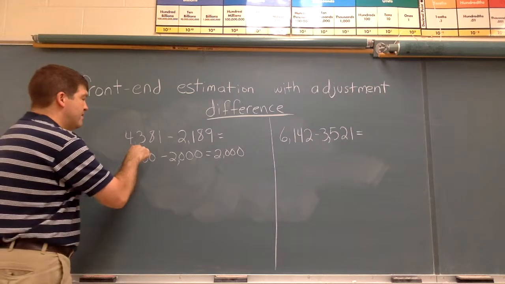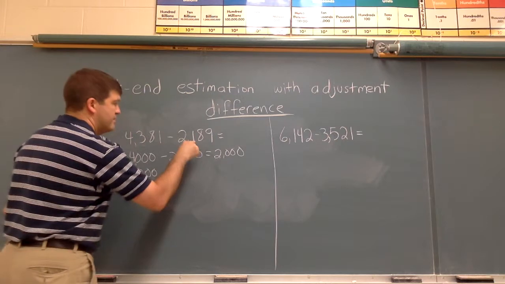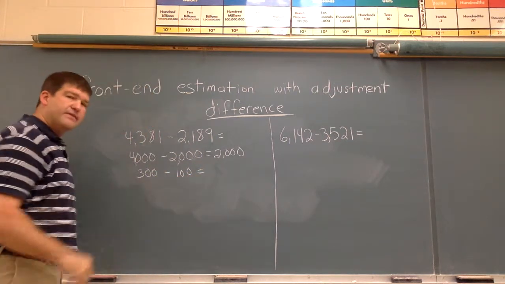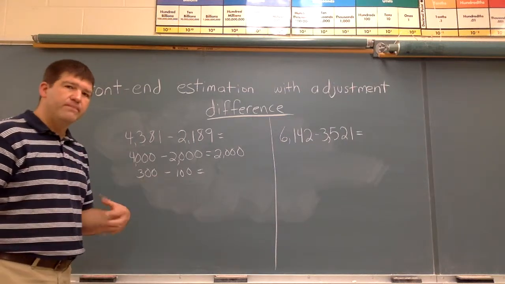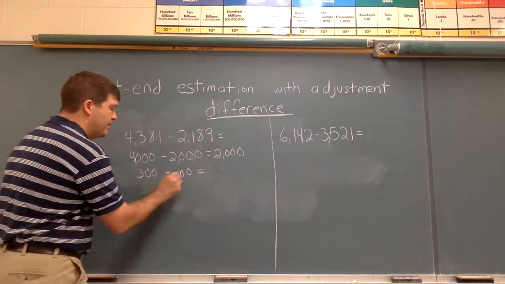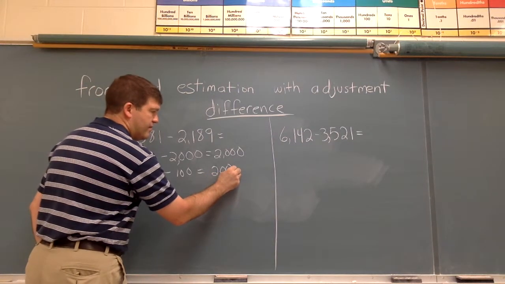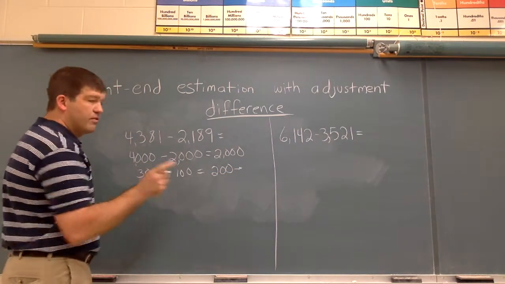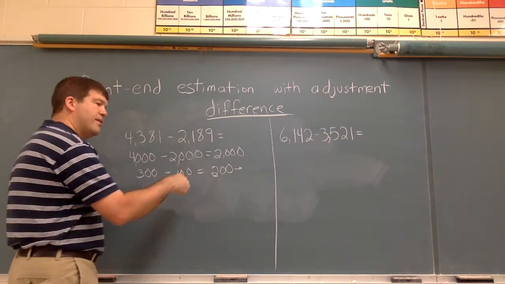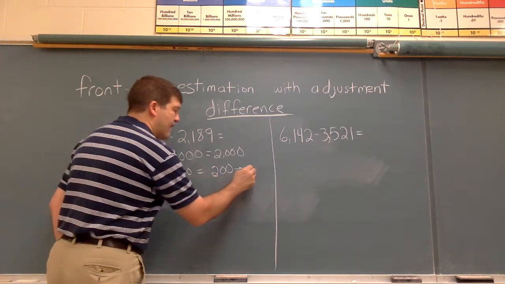Again, not rounding, just the front number of the hundreds. 300 minus 100. All right, and because I can do this, I can take 100 away from 300. Then it tells me what I'm going to do next. So 300 minus 100 equals 200, and then I have to round this number to the nearest thousand. So here is where I am rounding it. So I look at this number. Does this number take me to 1,000, or because it's 2, take me to nothing, which it rounds down to